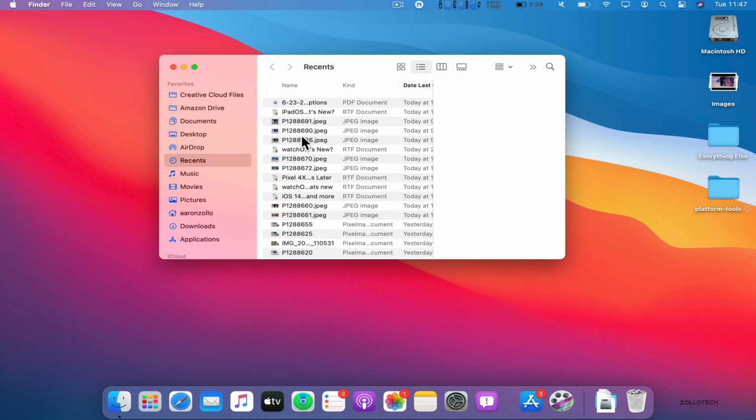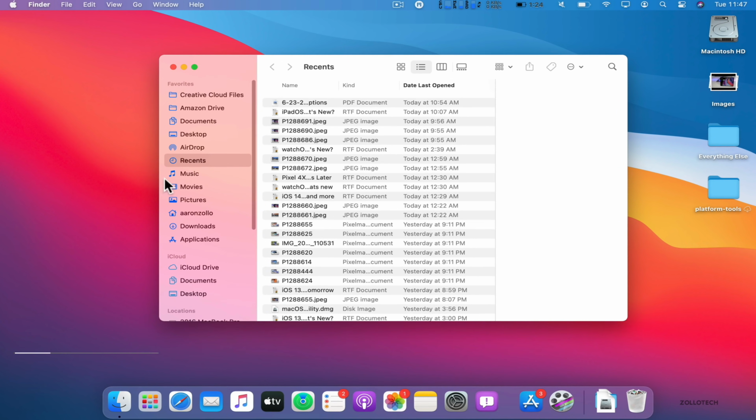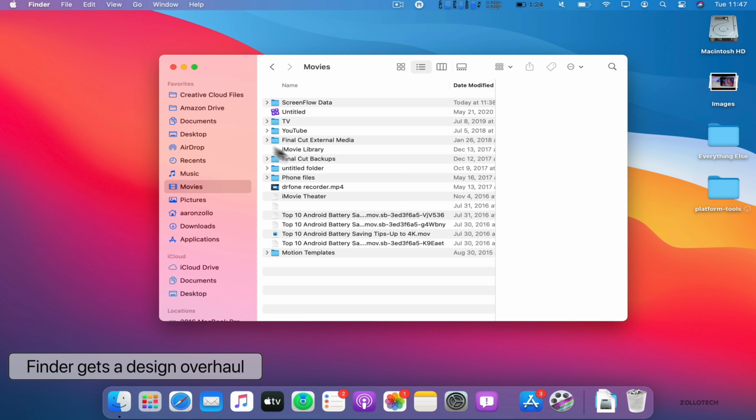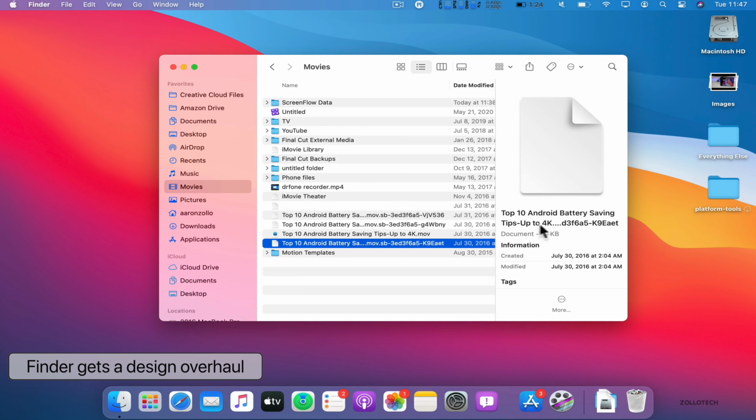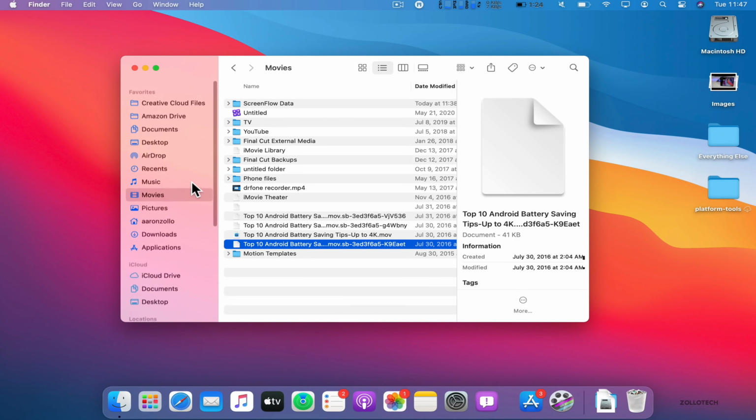So these are just image files. Let me make this a little bit bigger. And maybe we want to go to movies, and here's just a movie I had that wasn't finished, but you get the idea. It's just redesigned with new icons at the top. Everything's a little bit cleaner with a little bit more space. And some people will really like this, others won't, but you can see it's fully redesigned and just looks a